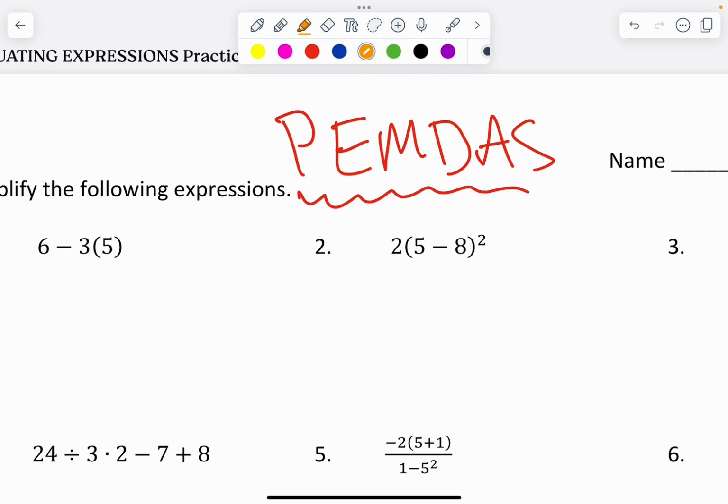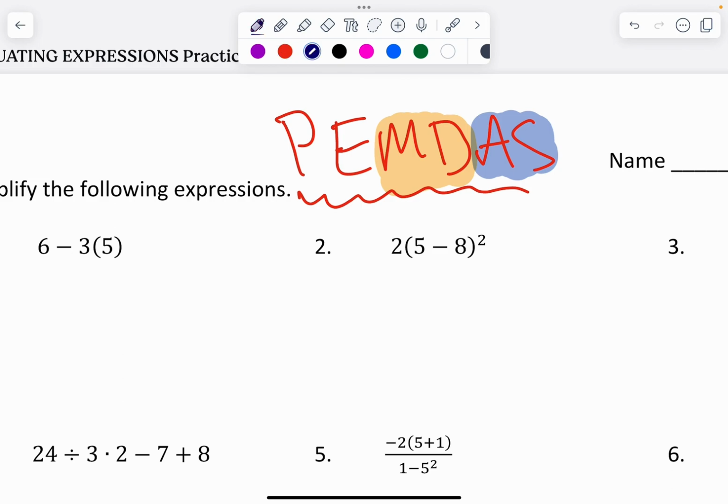You always look to simplify inside parentheses first, then you do exponents, and then multiply and divide. Technically, it's written in that order just so it sounds nice, but really you do whichever one of those two goes first, left to right. So if you only have a multiplication and division part in a problem, you would always do whichever is furthest left. The same thing goes for adding and subtracting. So if you have only adding and subtracting in a problem, you would do whichever one of those is further